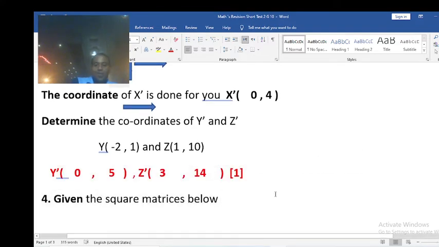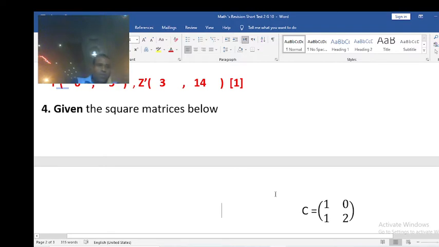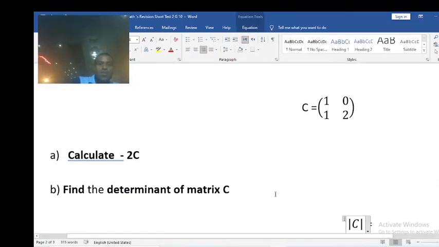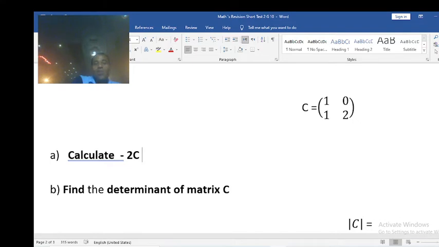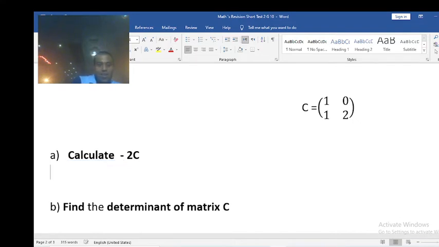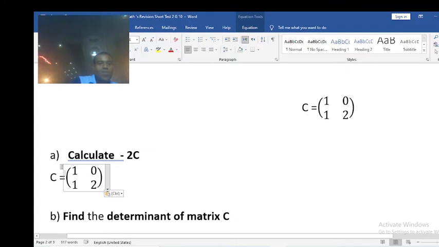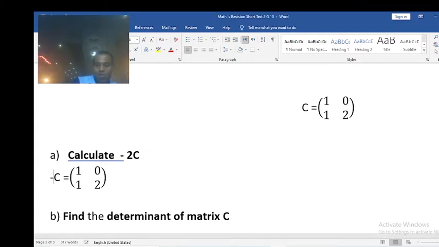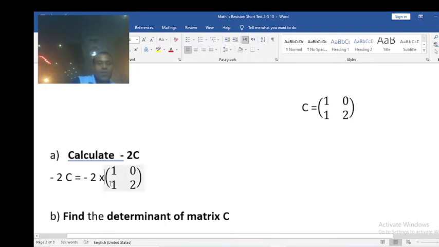Clear? The next one, question number 4. Given the square matrix C equal 1 1 0 4 0 2, the question is to calculate -2 multiply the matrix. You are going to find what happens when you multiply a matrix by a scalar. It's easy here. I will write my scalar, then I will multiply this by -2. Means you will multiply this matrix by -2. Clear? So this one is equal to,